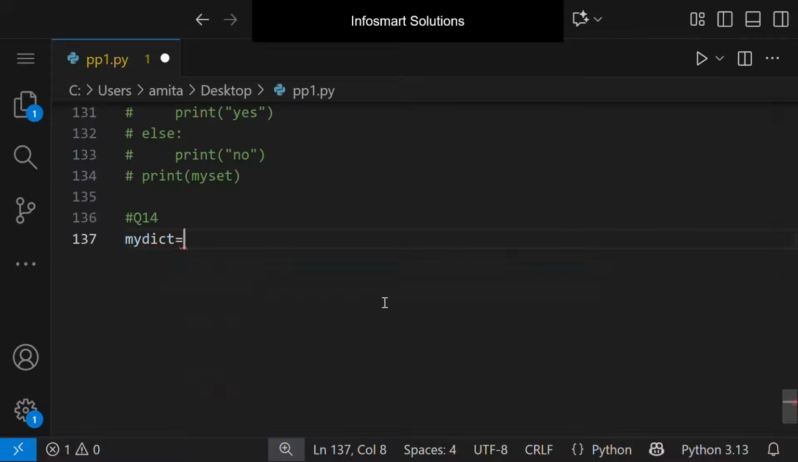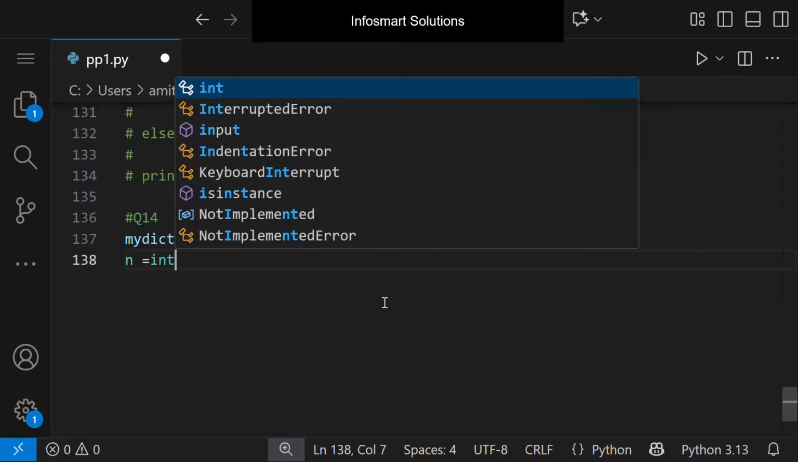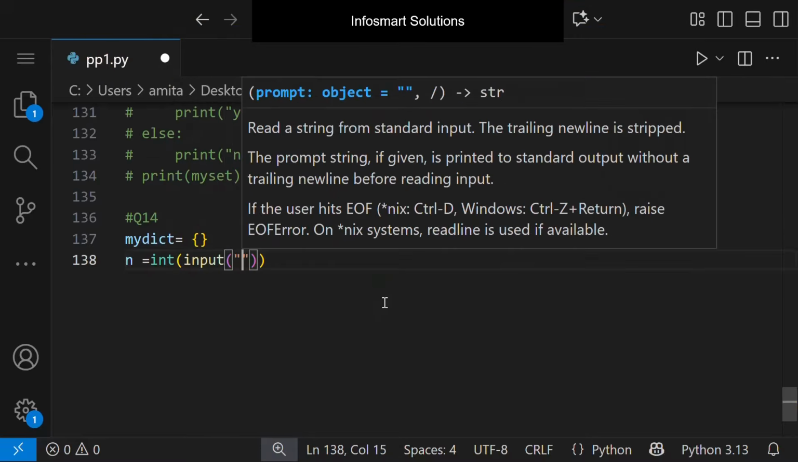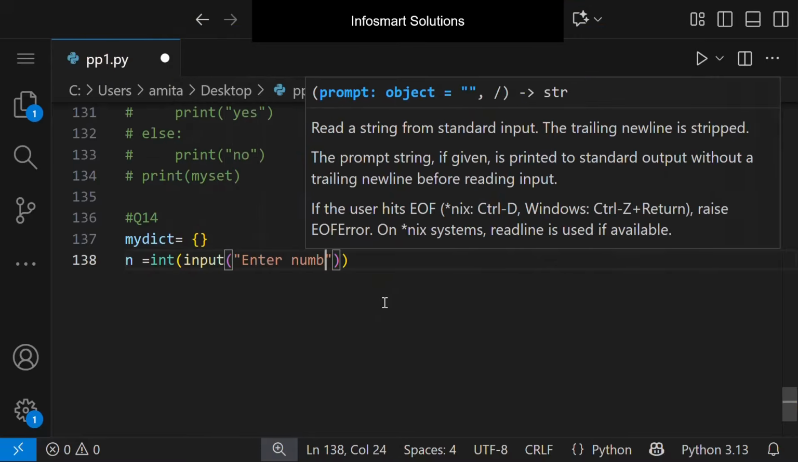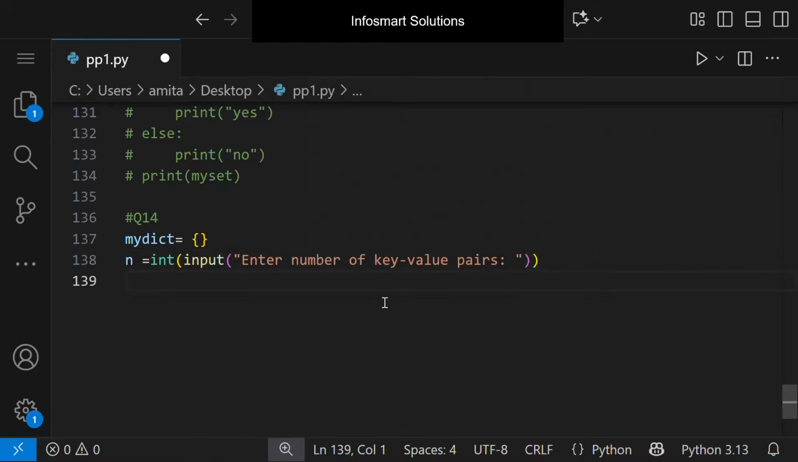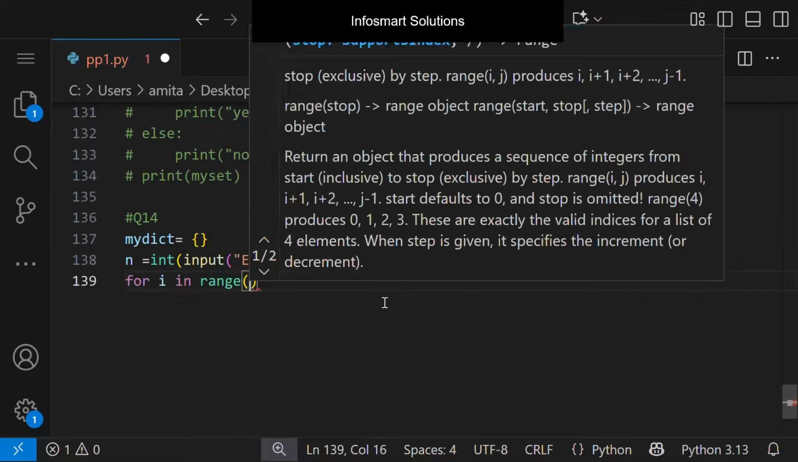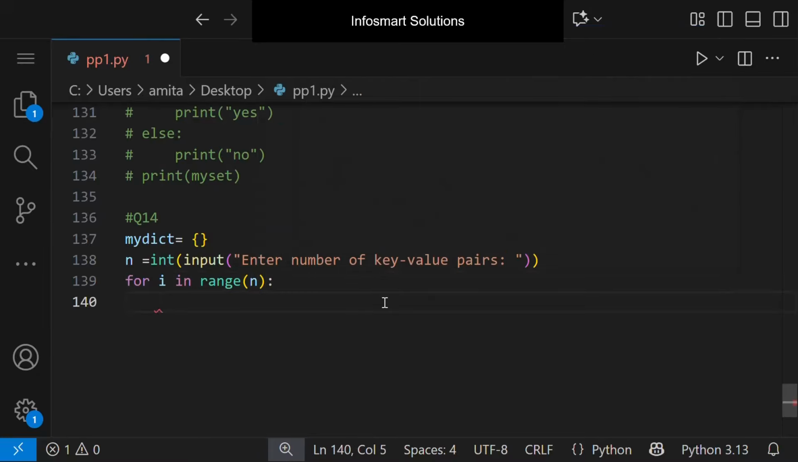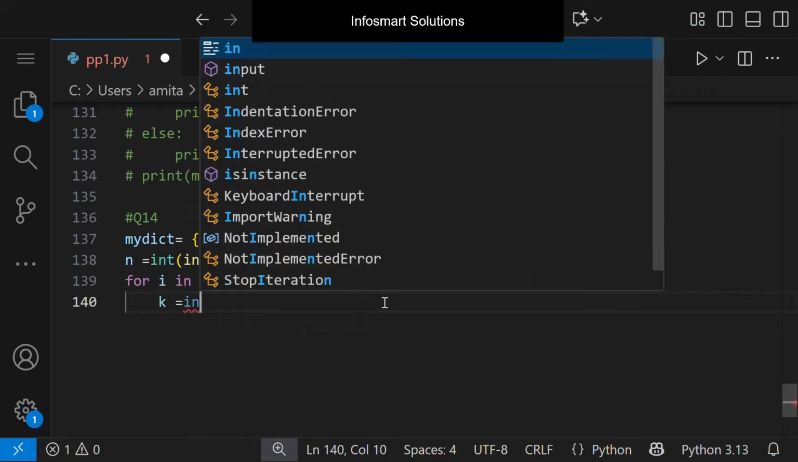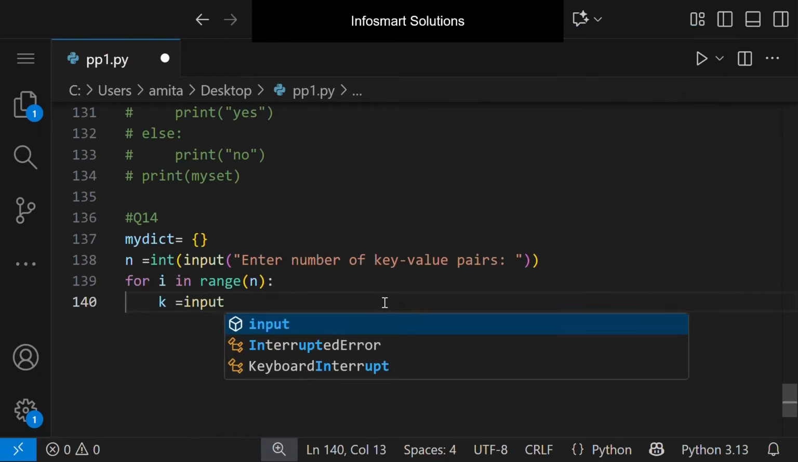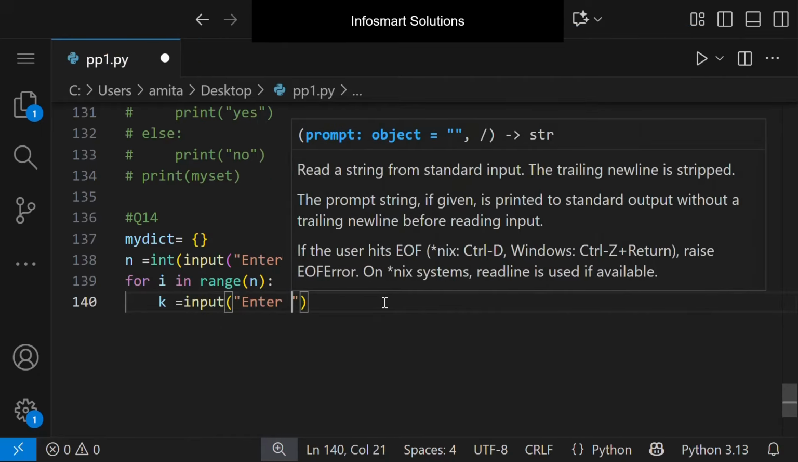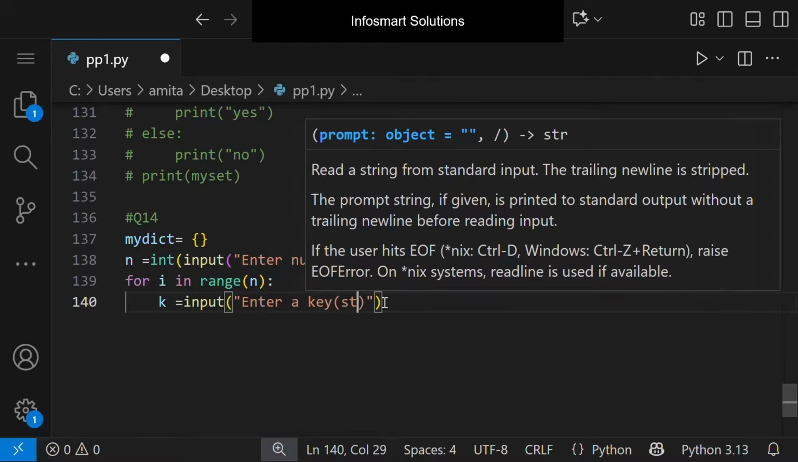First thing is to create an empty dictionary. Now we'll take one input from the user, int input, and we'll write here enter number of key value pairs. And then we will use the for loop to run over this range of n, and then we'll take input of the key. So k is input, enter a key string,